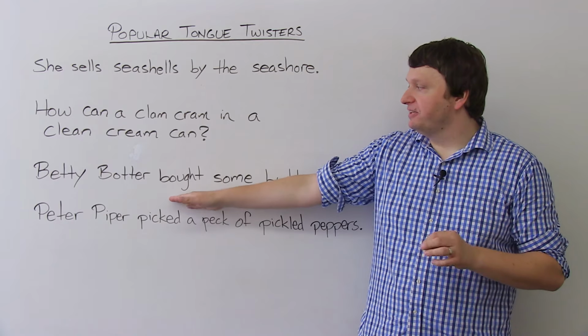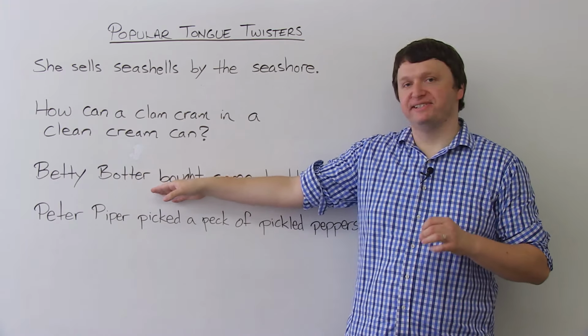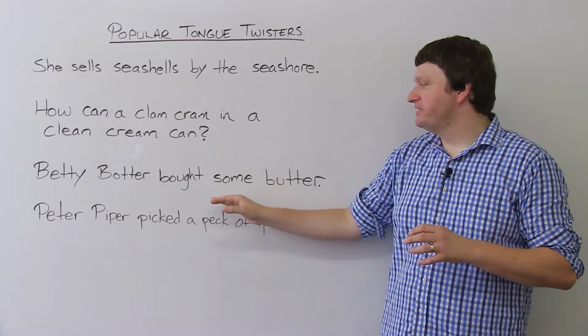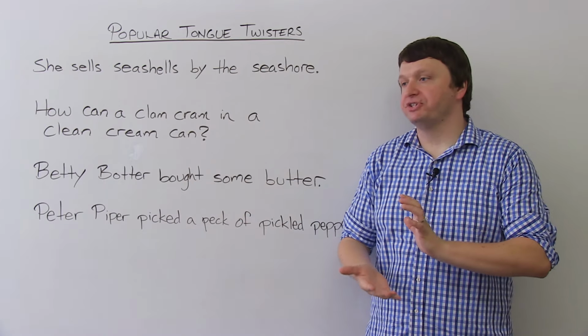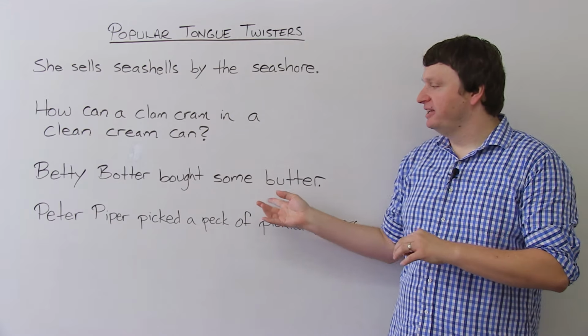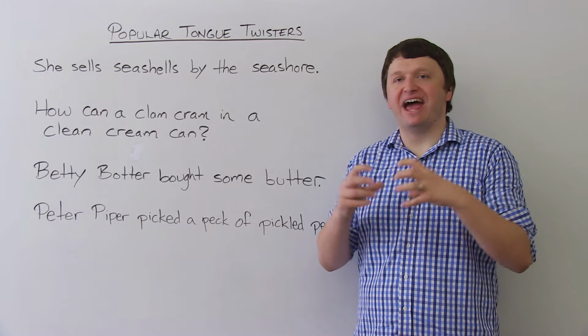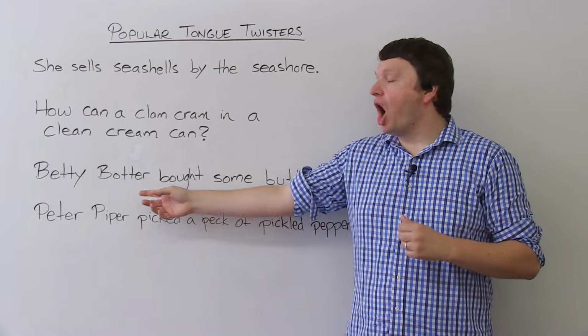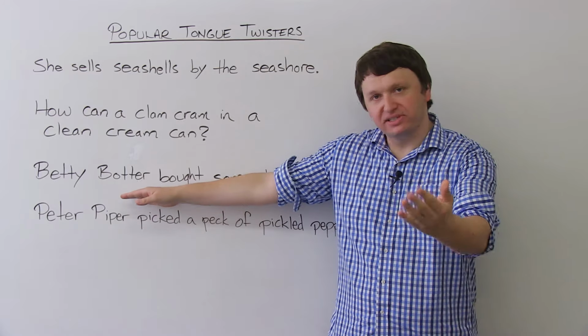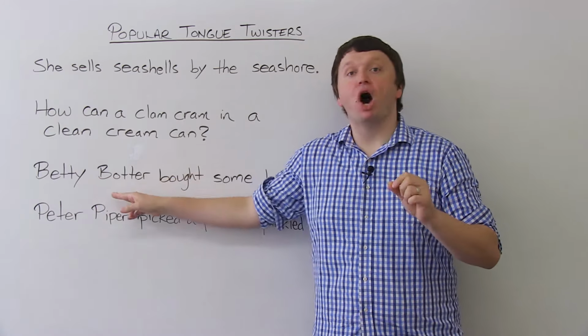So for Betty Botter, this will really help you to practice that ah sound in English, as well as other vowel sounds. The full version has Betty bought some butter, but she said the batter's bitter. So you're going to be practicing your ah, your I, your ah, and just listen and repeat after me for the first line. So first, Betty bought